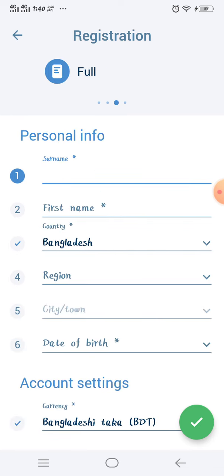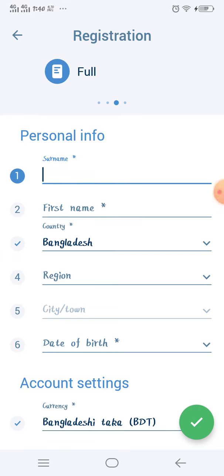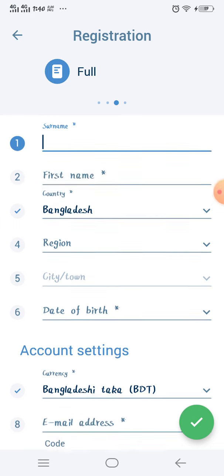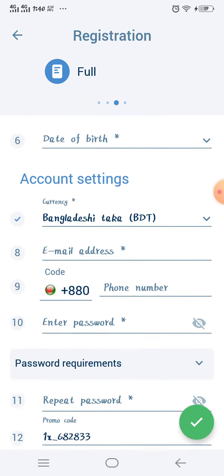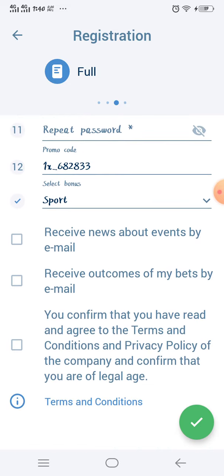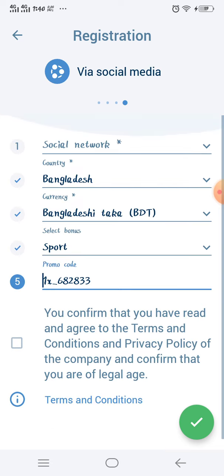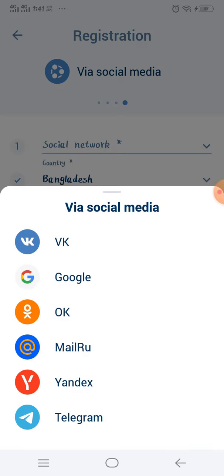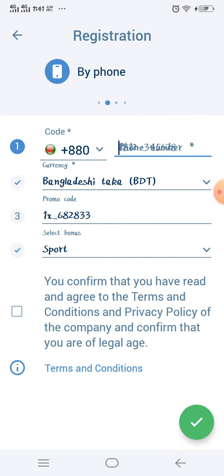Then the full option is the full registration option. Here we can see the full registration option: surname, first name, religion, country, date of birth, account setting, email address, repeat password, and receive email, receive everything are in. There's another option, by social media, social networks of many types, VK, Google, OK, Mail.ru, and Telegram, any type of social media. That's here. So we are going to the one click